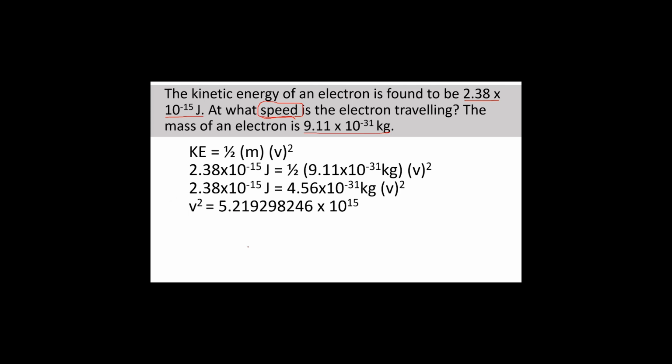So the square root of v squared is equal to v. Then the square root of 5.219298246 times 10 to the power of 15 is equal to